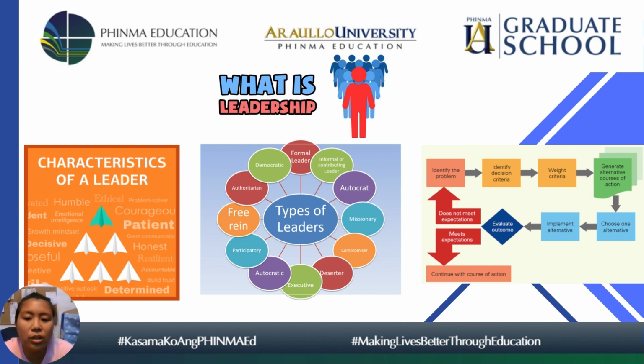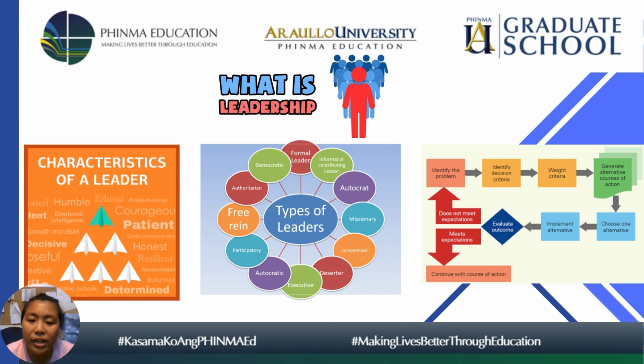Yan. Next, we also have autocrat. When we say autocrat, this is according to managerial grid, okay? When we say autocrat, one with very high regard for work, but very little regard or care for workers. Ang importante lang sa kanya is yung trabaho, okay? The accomplishment of the job. We also have missionary, one with the highest concern for people. Basta okay ang tao, okay ang mga members niya, okay siya. Okay? Yun yung sa missionary.